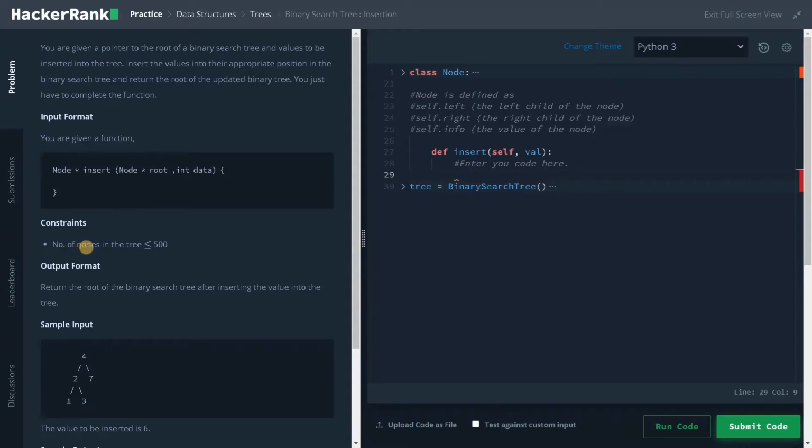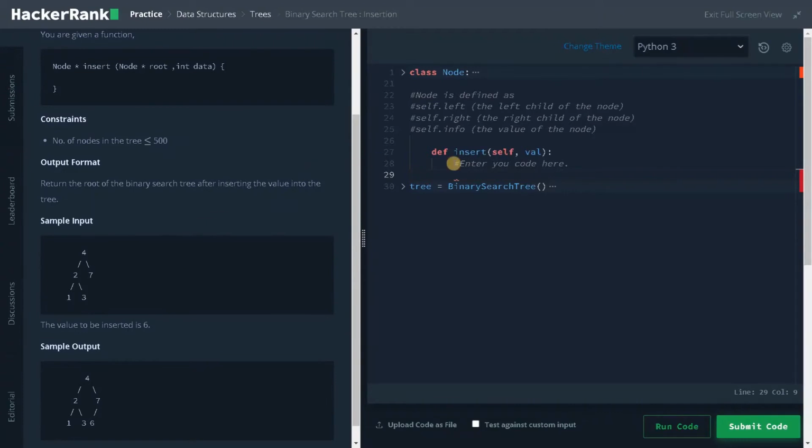Here the constraint is that the number of nodes in the tree can go up to 500, so we don't need to worry about the constraints here. But as you can see, the format is in class form. We have to code the logic with respect to class. Usually they just give this root node and we just insert that appropriate node in the particular position and return the root.